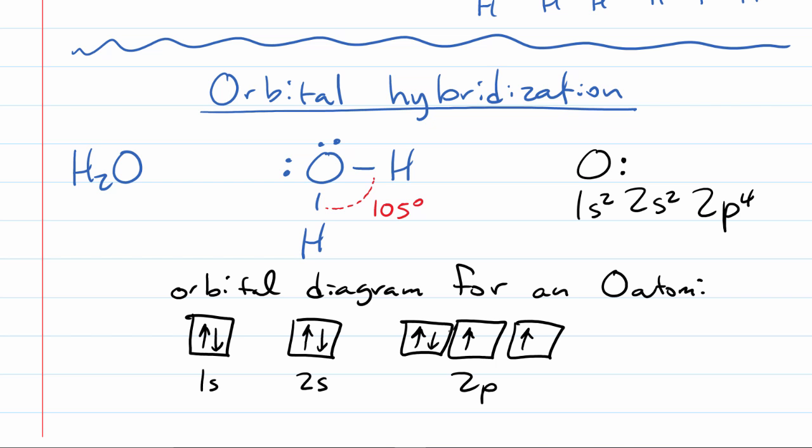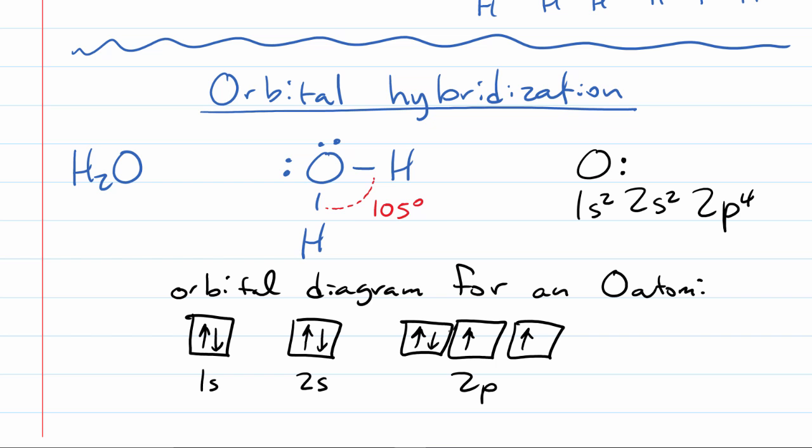And if you look at any of these orbitals in relation to each other, what is the angle between all of these orbitals? Well, if we compare this one to this one, these are at an angle of 90 degrees to each other. If we compare these two, these are at an angle of 90. If we compare these two, we see that these are at an angle of 90 degrees. So all of the possible orbitals sit at an angle of 90 degrees,